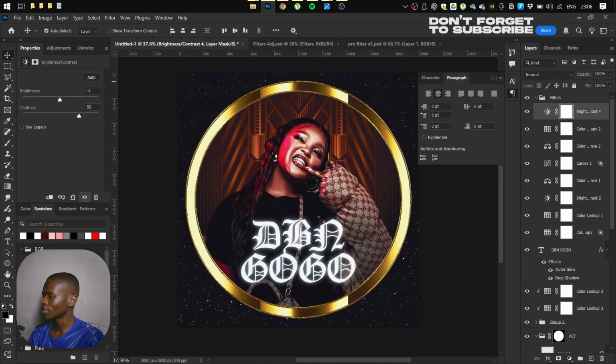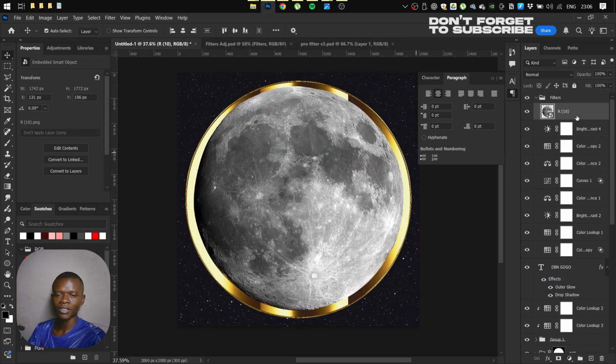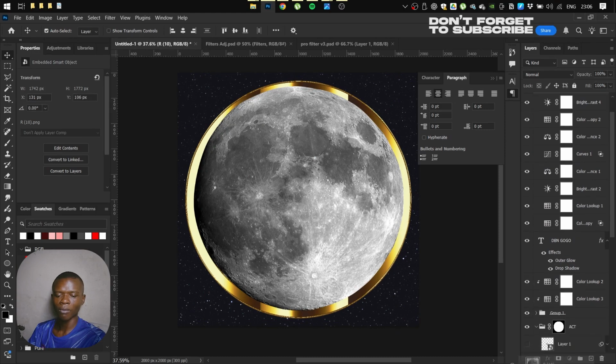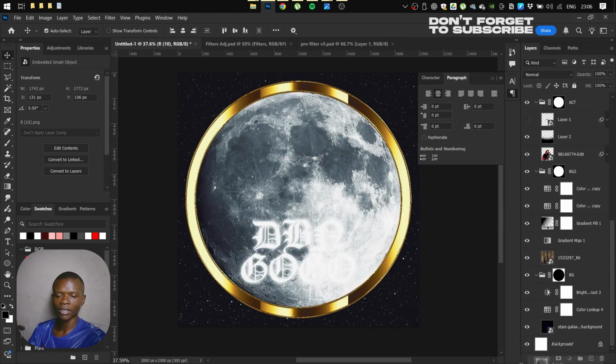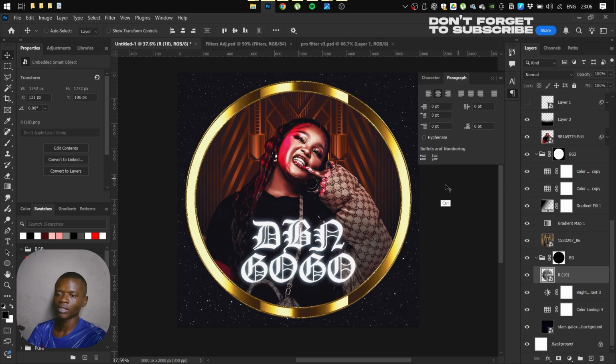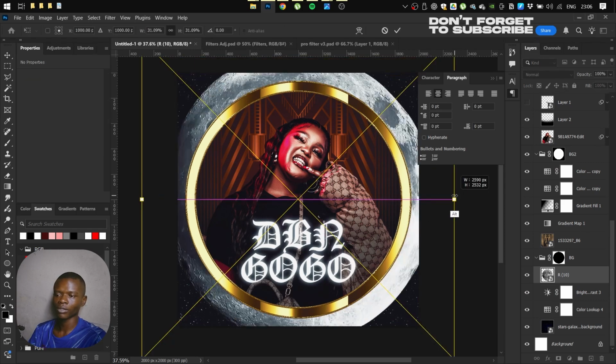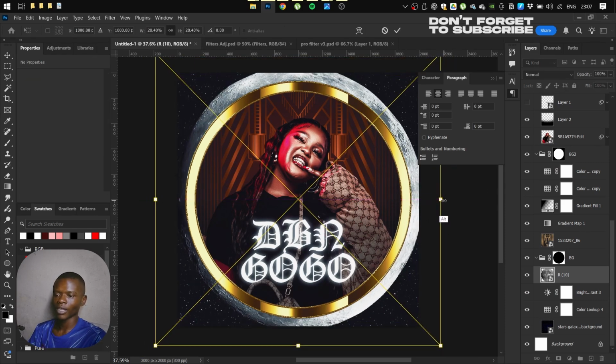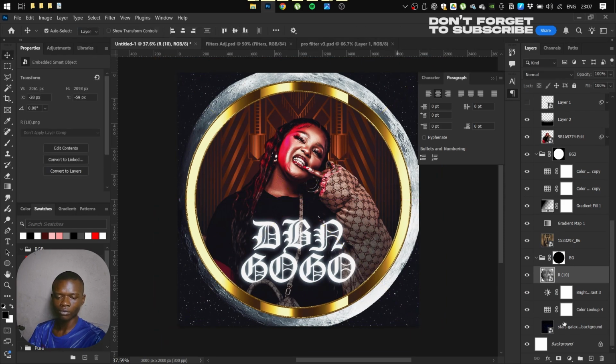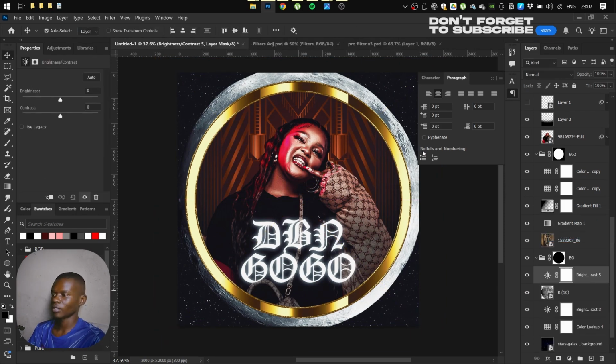All right, let's now add some last element here, which is the moon. The moon just makes sense. All right, so here's the moon. Now let's move it all the way to the back on this one, right? And then just resize it if you want, somewhere like here. And then let's add